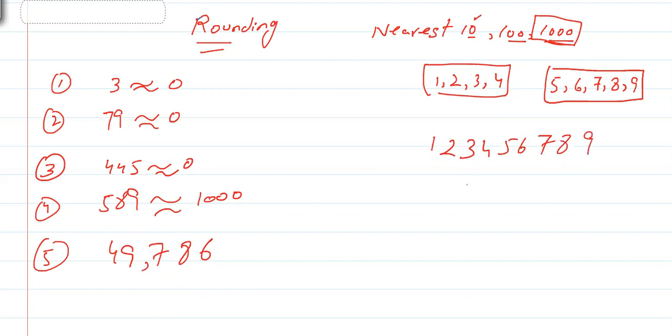Now, to learn how to read it in words, it's very simple. After every three digits from the right side, put a comma. 1, 2, 3, put a comma. 1, 2, 3, put a comma. 1, 2, 3, and then you can put a comma. Now, this comma is for thousand. This comma is for million. The next comma will be for billion.